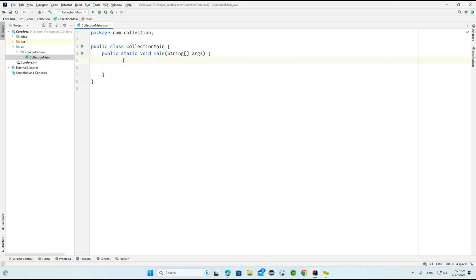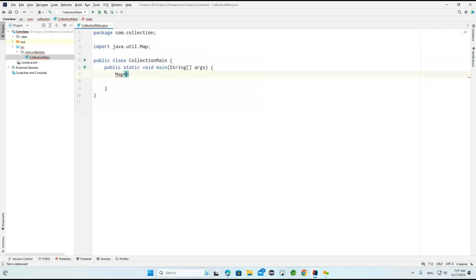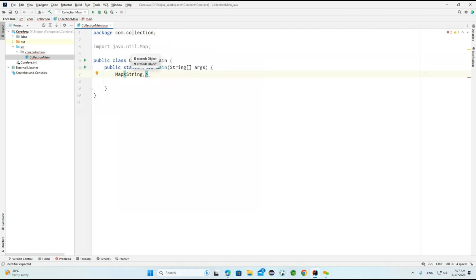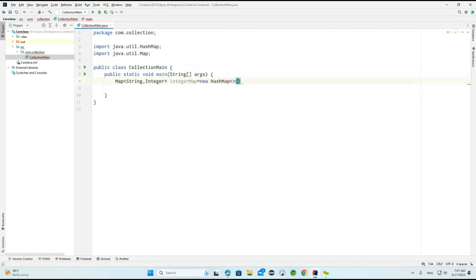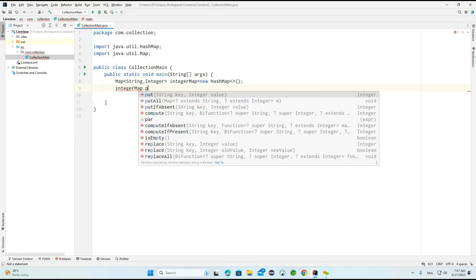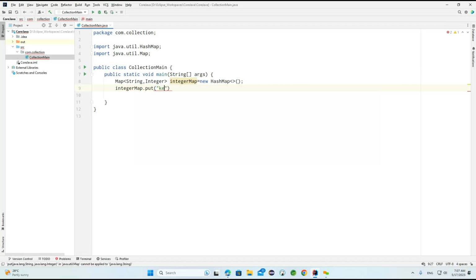Good morning, everyone. In the last session, we started the HashMap related implementation. So, what are the changes we discussed here? We created the map with the key as a string and the value as an integer, like an integer map. So, new HashMap we created, the default one. Now, using this integer map dot put,